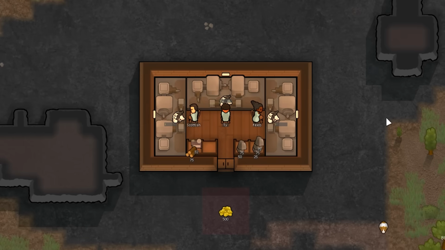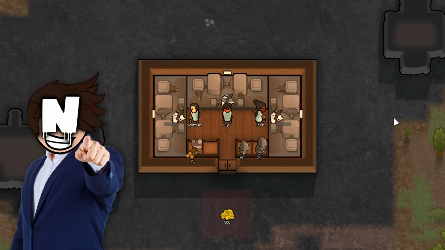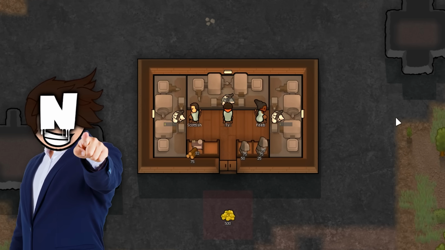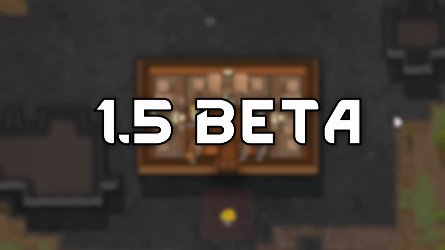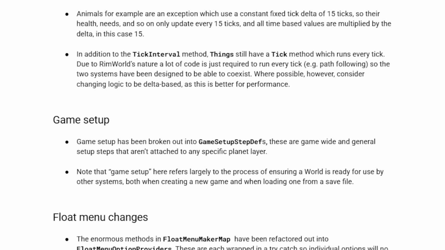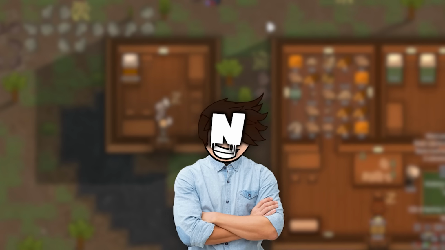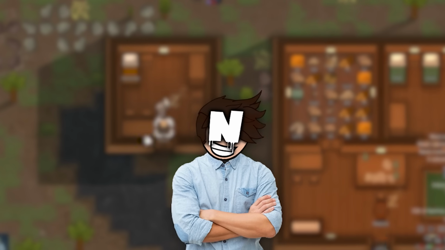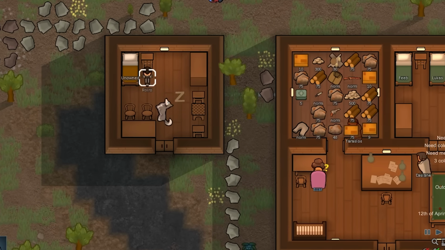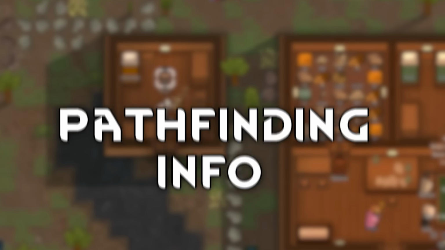So right from the get-go, you might be wondering, what about mods? Don't worry, thanks to the beta, modders have time to look behind the scenes and actually plan ahead, just like the 1.5 beta, though this time, right on the changelog, they provided a helpful document of information for modders. While not as helpful to me personally, for any modders out there who might be watching, look at the 1.6 mod primer. It is full of information explaining good, behind-the-scenes things like tick rates, prefabrication rules, pathing info, and much,